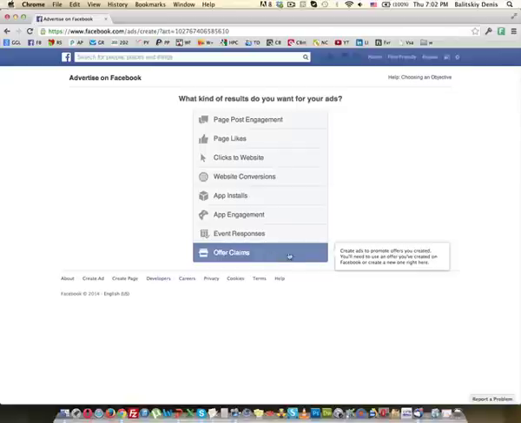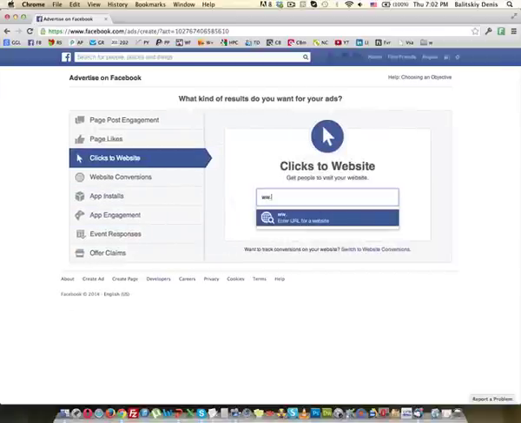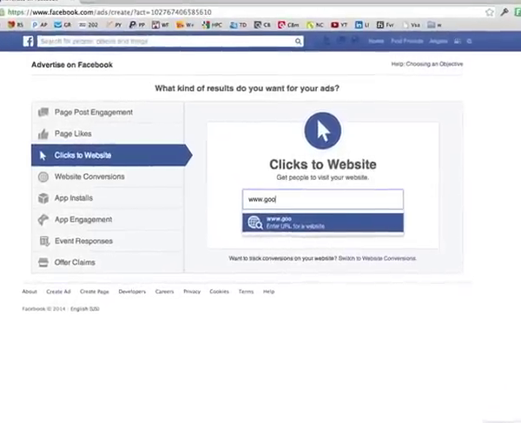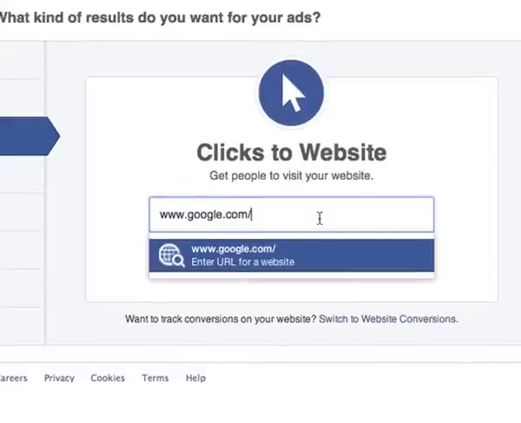Now, in this video, what I'm going to do is click on clicks to website, and I'm going to enter an example. And let's say that this is going to be google.com. Now, I would never drive traffic to google.com. Okay, this is just an example. But here's something very special you need to know about the links. You can have a tracking ID if your network is allowing you to do that. So for instance, ClickBank has this option, which is the TID or tracking ID, and the syntax is $TID equals, and of course your tracking ID.